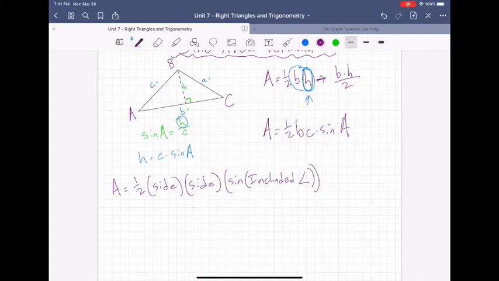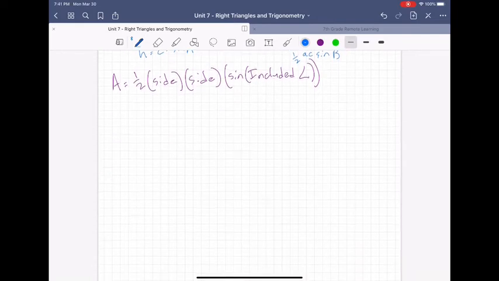Okay, so 1/2 a side, pick 2 sides, and as long as you know the included angle, you take the sine of that. So we could also write it as 1/2 AB sine C, or 1/2 AC sine B. Those are all the same. It's just the 2 sides and their included angle. Okay, so if we were going to do an example of this,